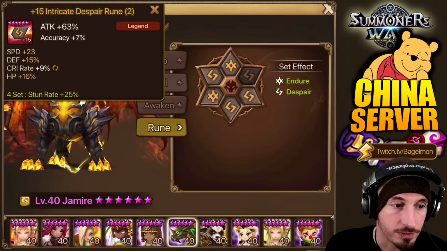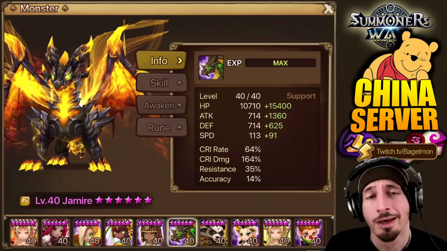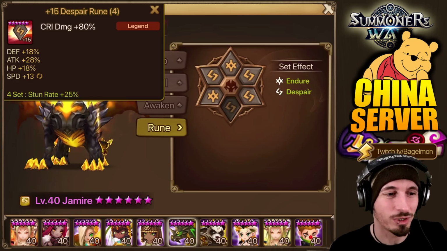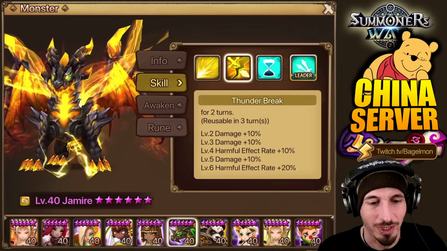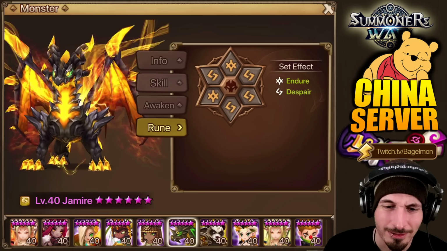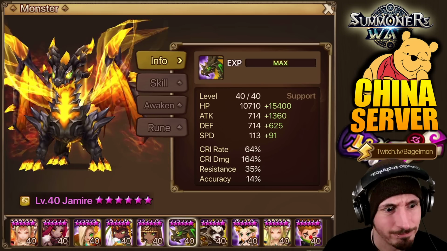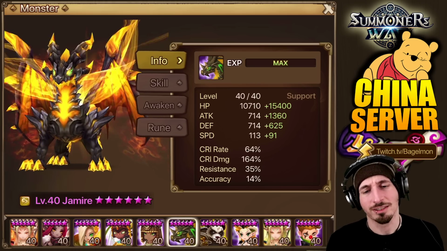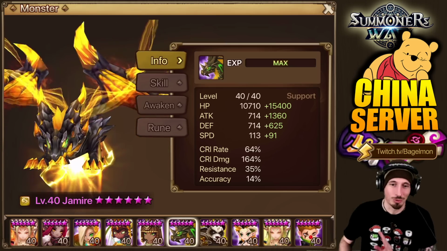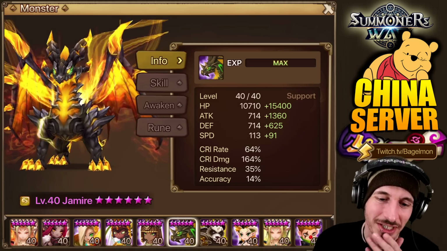This is looking like it's for... No, I have... I don't know. I was not expecting... crit damage, he does damage based on enemies' max HP. I really was not expecting a... attack, crit damage, HP, Despair Jameer. You know what? You guys will have to let me know what you think in the comments on this one, because I'm going to defer to... This is new to me. This kind of Jameer is a little bit...